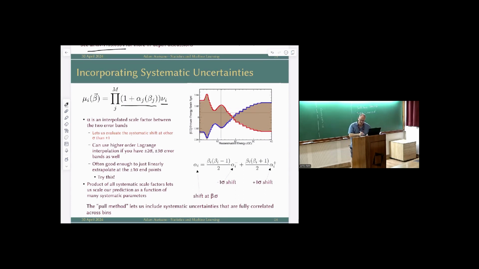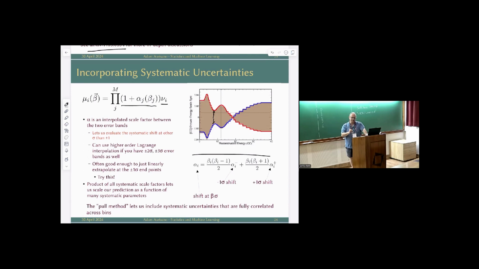And then you need to figure out how your alphas are a function of your betas, and you can use Lagrange interpolation, right, to figure out what your alpha is as a function of beta. So as beta moves around, it tells you how to interpolate between these different error bands, right? This pull method